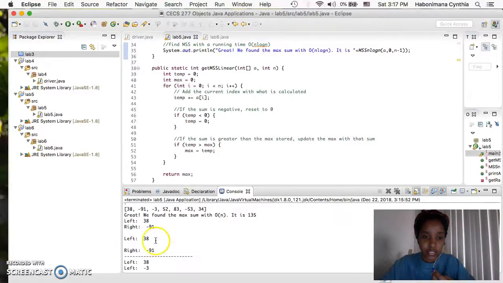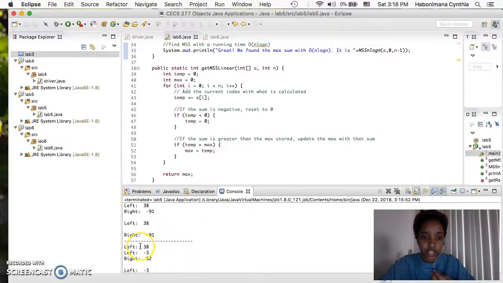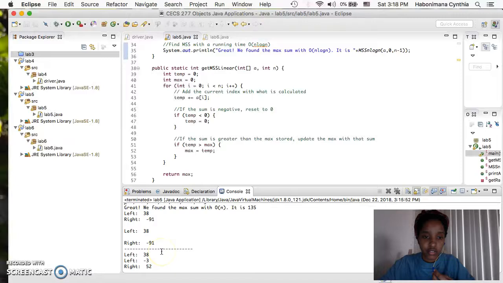For example, we have 38 and -91, so it's going to remain like that because -91 is not greater than 38, and so we keep 38. And so we have 38 and -3, and then we get